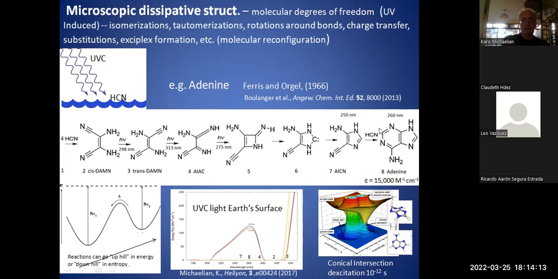And then with the addition of another hydrogen cyanide molecule, we form adenine. And that's absorbing at 260 nanometers, exactly where there's a peak in the spectrum, which is arriving at Earth's surface during the Archean, during the origin of life. Now, the interesting thing is we go from one molecule to another and we look at its photon absorption cross-section. We find that the photon absorption cross-section is gradually increasing.